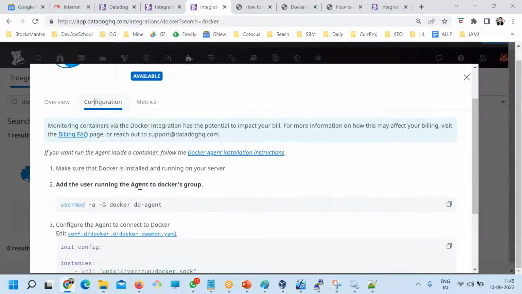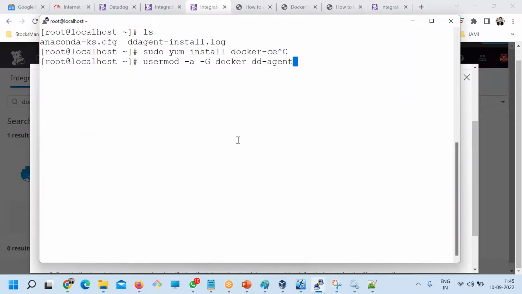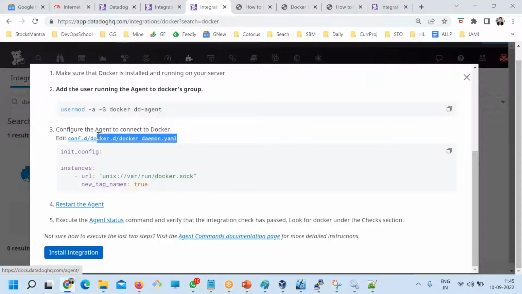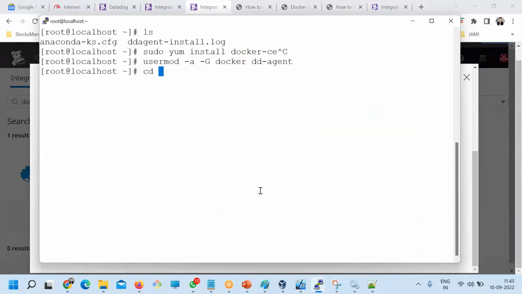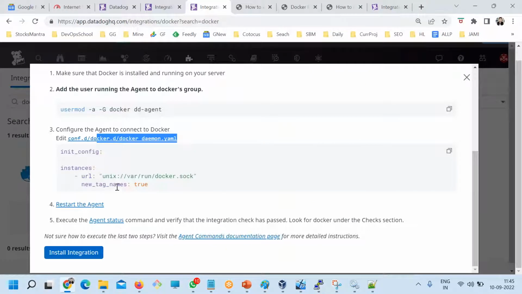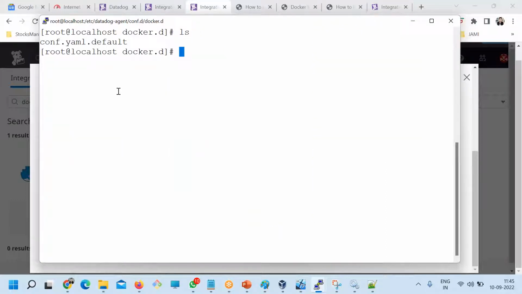Configurations. Okay, so here make sure Docker is installed. So this is done. Now this command you have to run on the server, so the agent can get all the information from Docker, and this information you have to modify. Where is this? Let me tell you in a simple and straightforward way. For any integration you do, the folder structure is conf.d, configuration.d. So any integration you do, the folder structure is this one. Now here, these are the locations. So go to docker.d, and here this is conf.